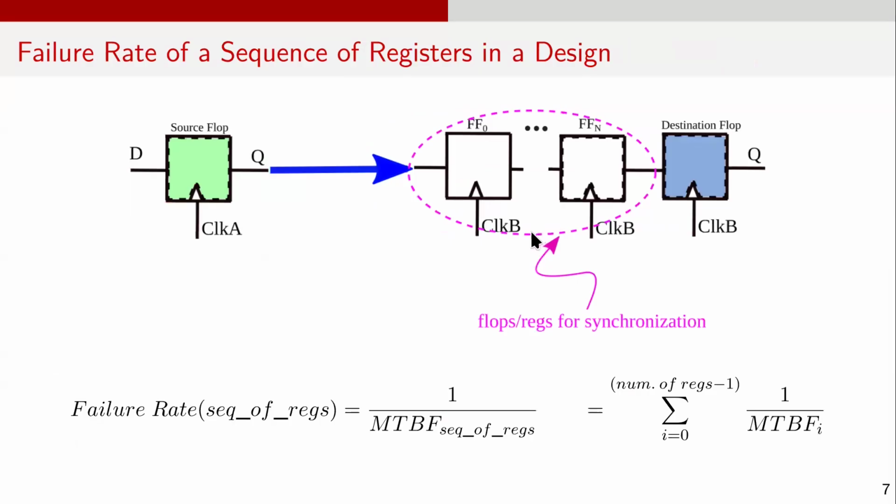We can determine the overall MTBF for a chain of synchronizer registers by looking at the MTBF of each flop or register. The failure rate for one synchronizer is 1 over MTBF. We can calculate the failure rate of the entire chain of synchronizer registers by adding the failure rates of each synchronizer, which is the summation of 1 over MTBF of each of the synchronizer registers. Although we can add any number of registers in the synchronizer chain,